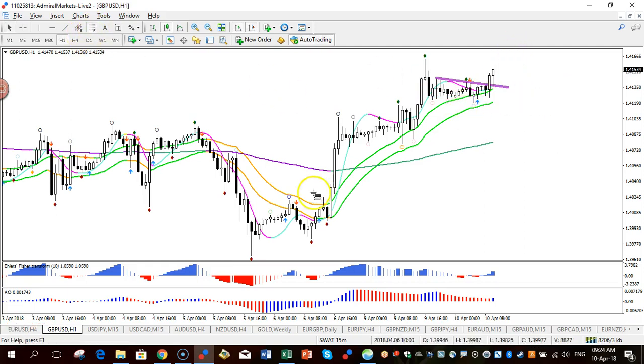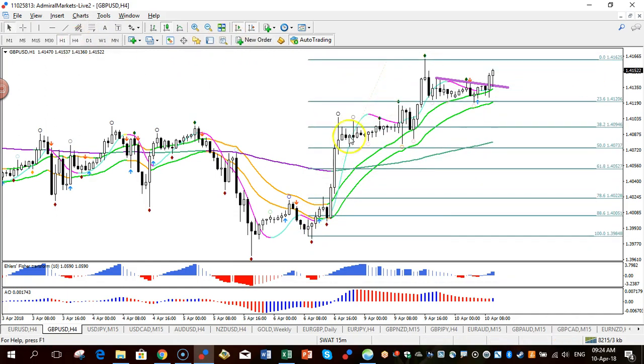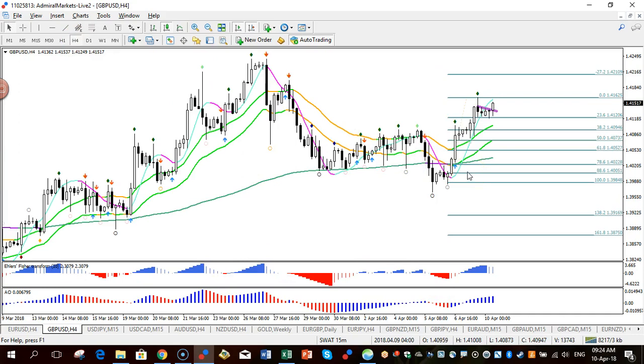Now, what target? Probably best to put a fib from here to here, or use our Wiz tool, of course, that you can download for free with the ECS start package. And I think there could be a move up to about 142, maybe even 142.50 before bigger resistance is found. And why those levels? Because if you look at the 4-hour chart,